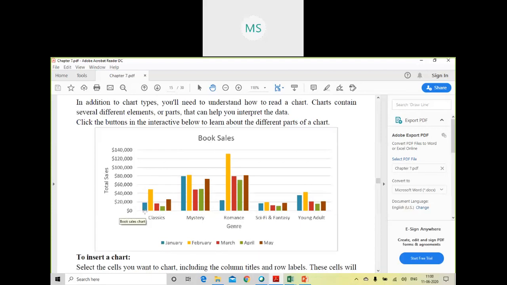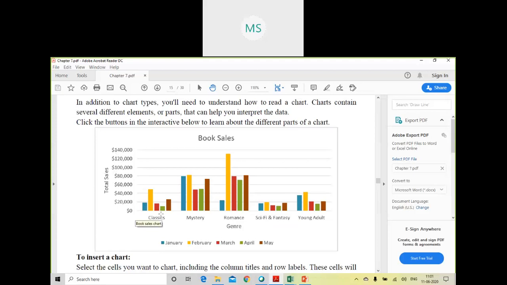The blue bar represents the information of January, yellow represents February, red represents March, green April, and brown May. Here you can see classics, mystery, romance, sci-fi, fantasy, and young adult are the genres of books. And this is the total sales figure.